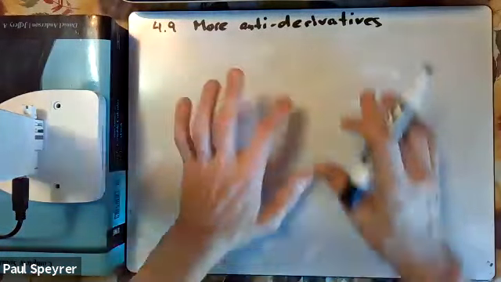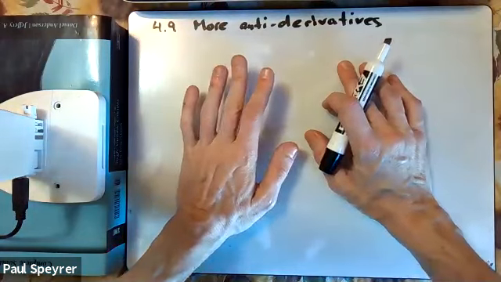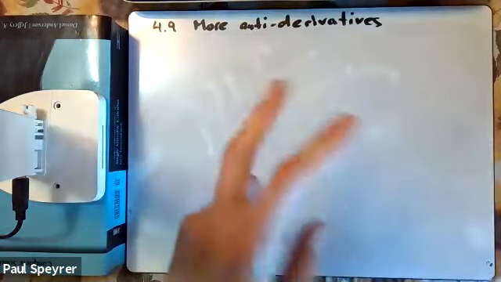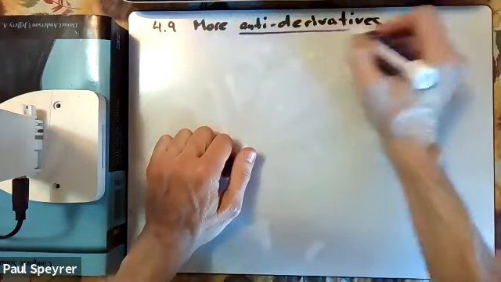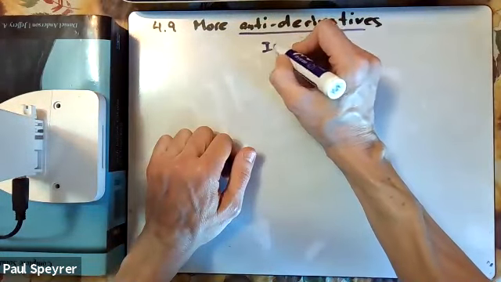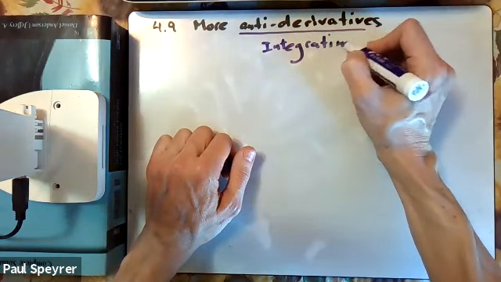All right, so I'm gonna work more problems from 4.9, which is again antiderivatives. Remember, antiderivatives or integration, right? That's what this means right here. That's another way of saying it. Is going in the reverse direction of